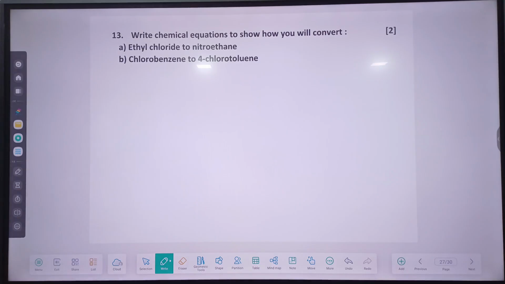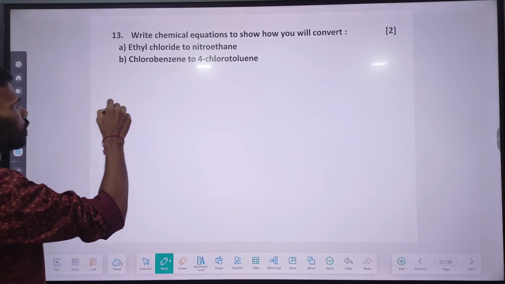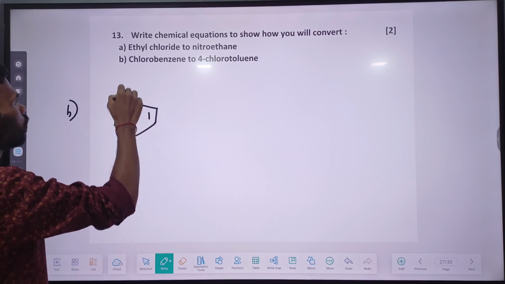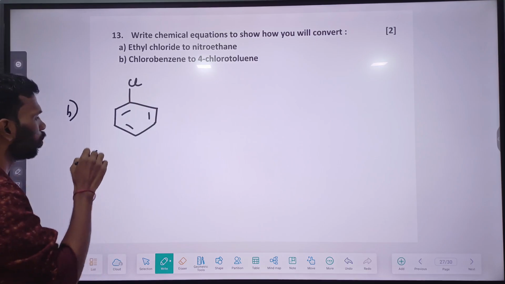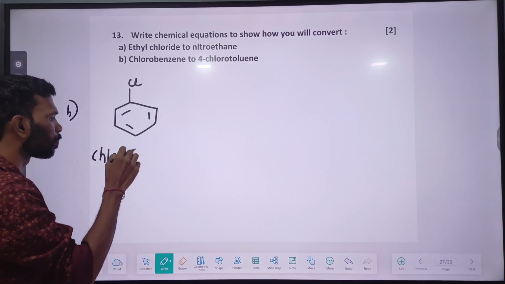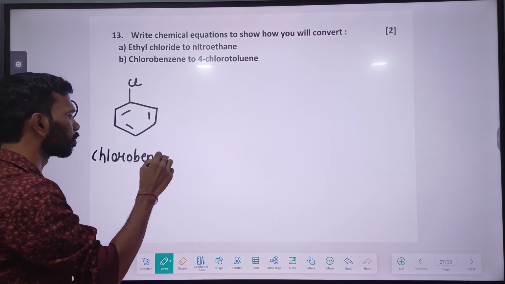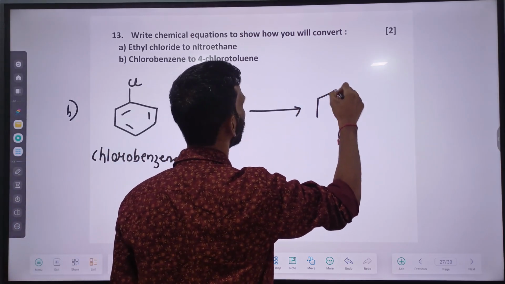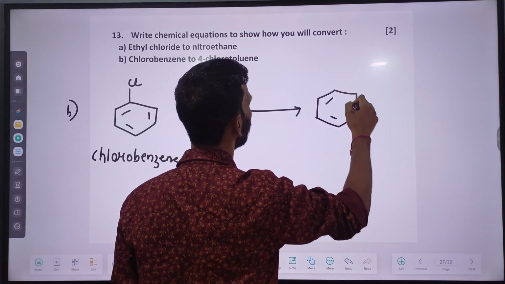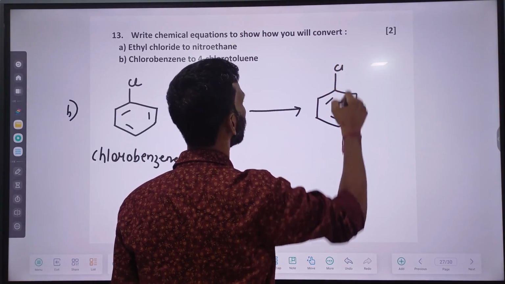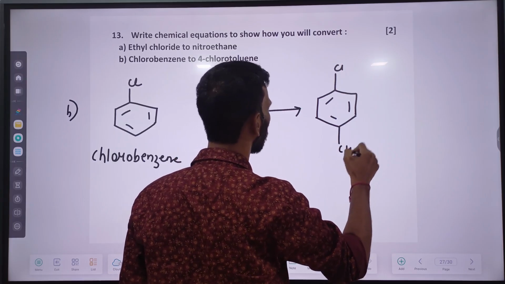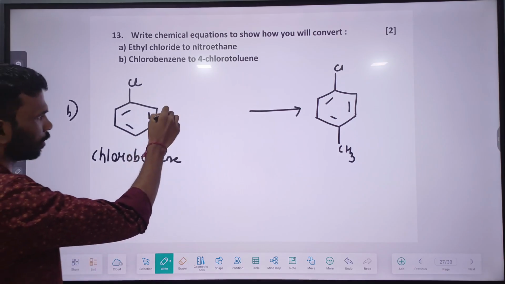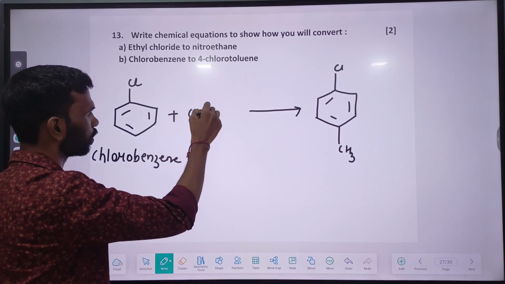Chlorobenzene to 4-chlorotoluene means, I'll do the second one. You need to convert chlorobenzene, this is our chlorobenzene. You need to convert this to what? 4-chlorotoluene. This is chloro, this is methyl. I'll write the reaction. Please identify. CH3Cl